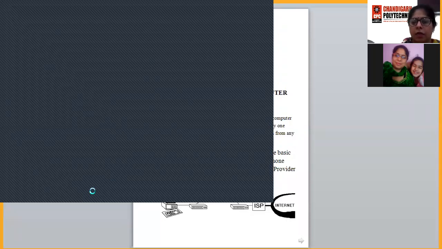When you click on this, another window will open where you can see that there are two types of connections, wireless or broadband. So we can choose any one out of these. Let us choose the broadband option. Now this window is showing you to type the information from your internet service provider.